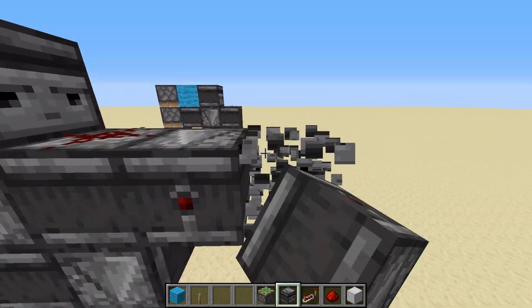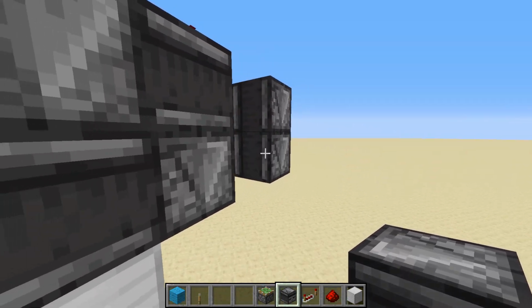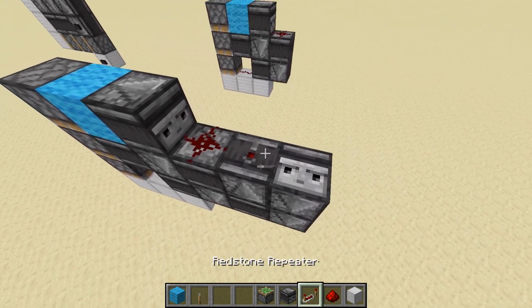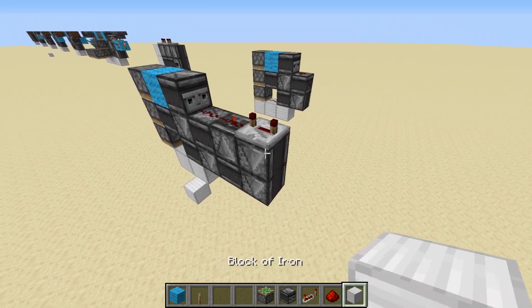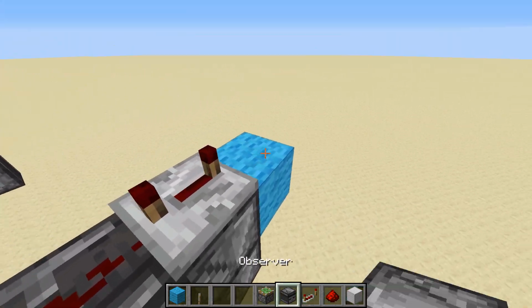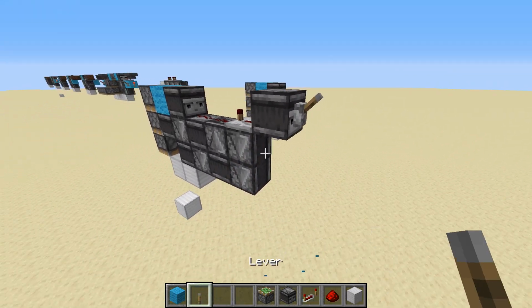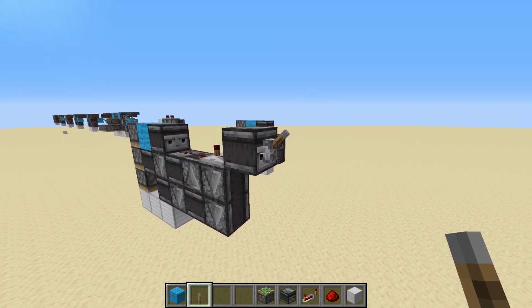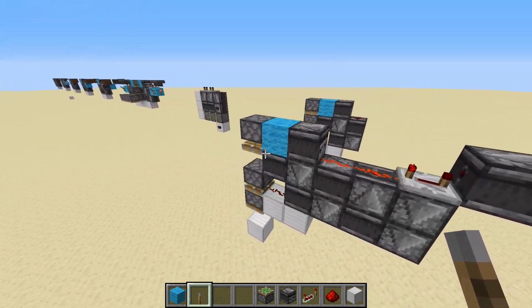So you go back 2 observers, make this one pointing down, just like that. Goes down again, to the left, and straight back up. Redstone dust here, repeater here, set to 4. Block, and then you just have an observer point into this repeater. You just put a lever there to test it for now. There we go. That is the triple piston extender. Now the other one is exactly the same,